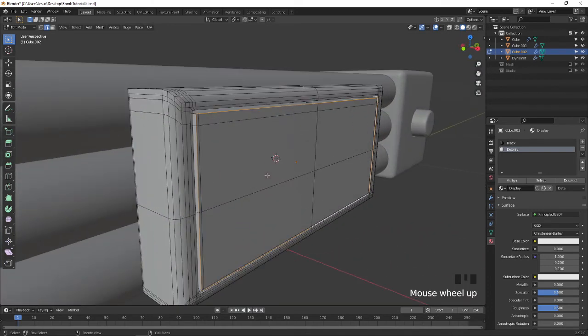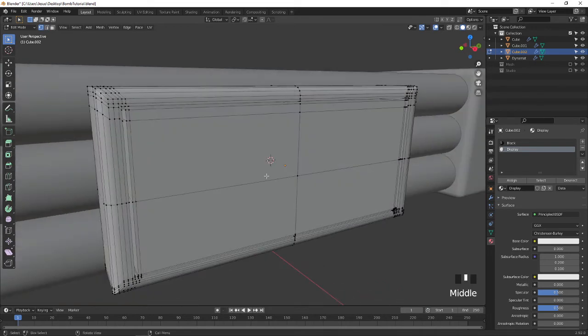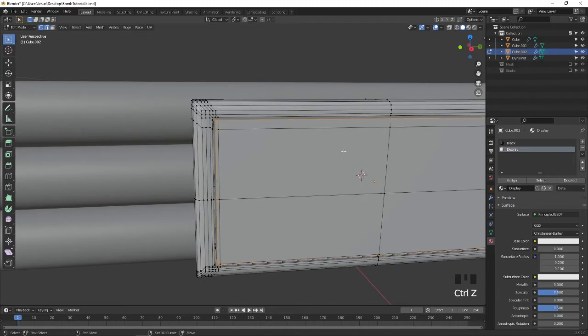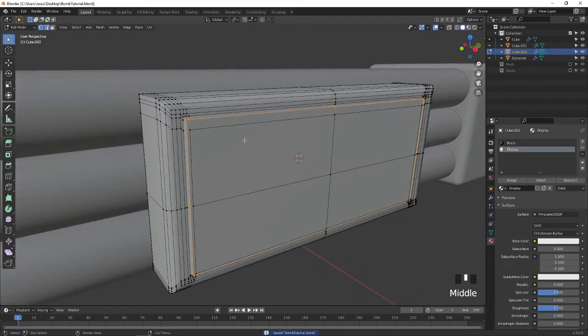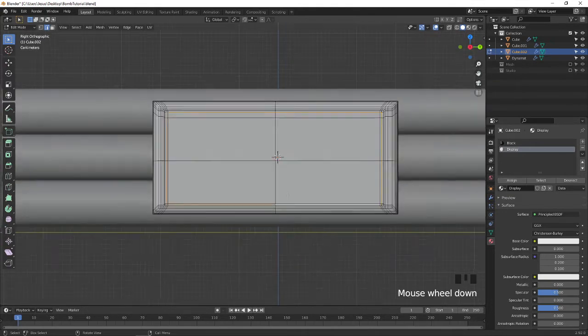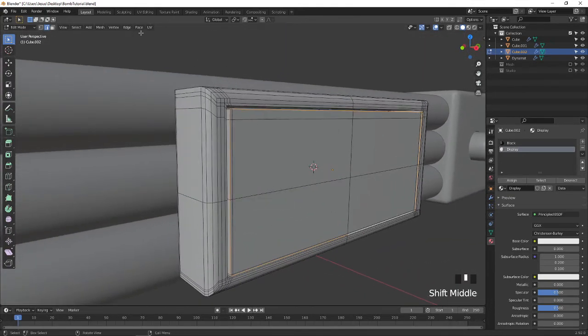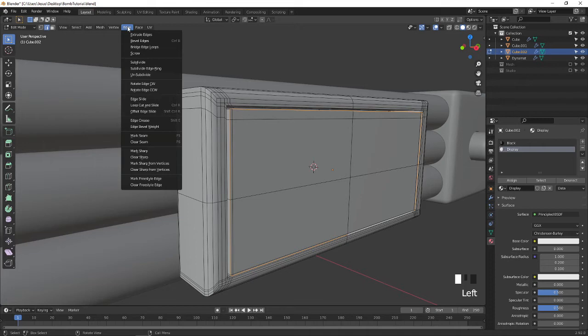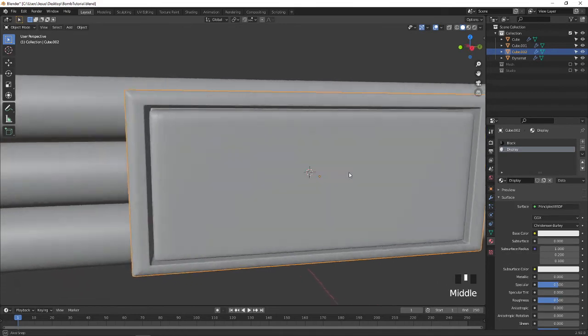Press Control 1, sorry, press Control Z. Go to the edge selection, mark sharp, go to edit mode.